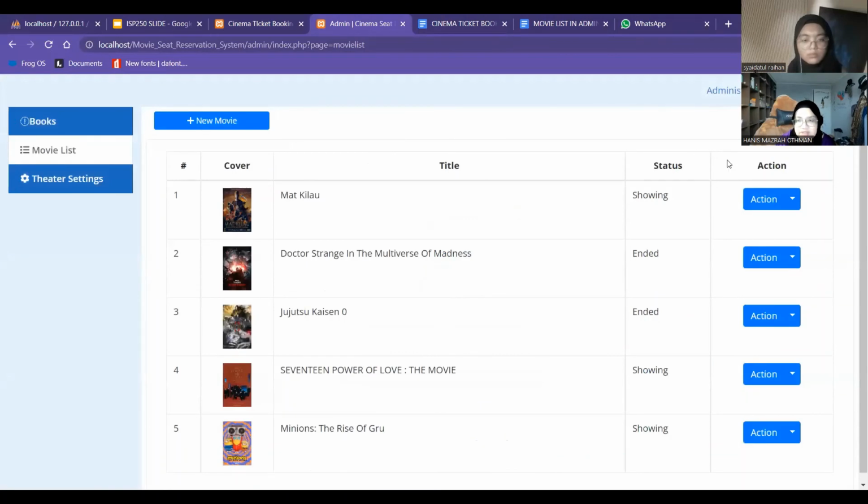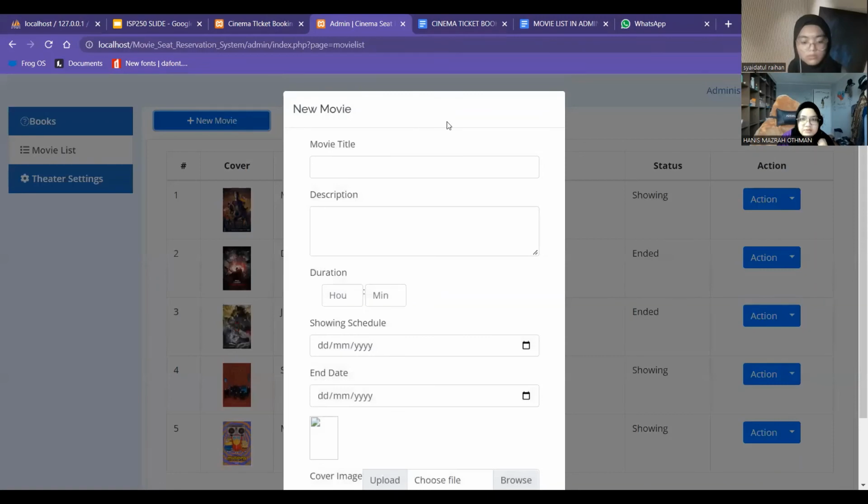It will pop out that the data is successfully saved. As you can see, the Doctor Strange movie has ended. The status has ended.